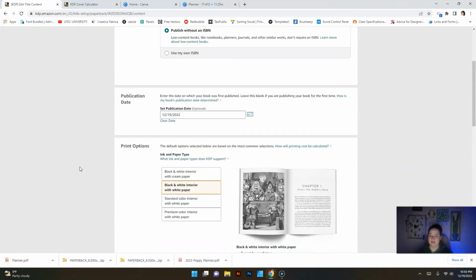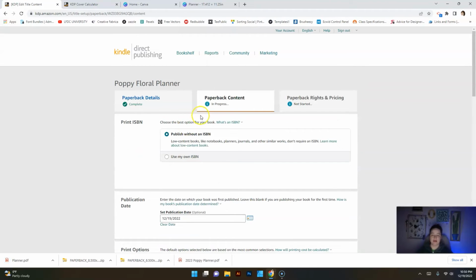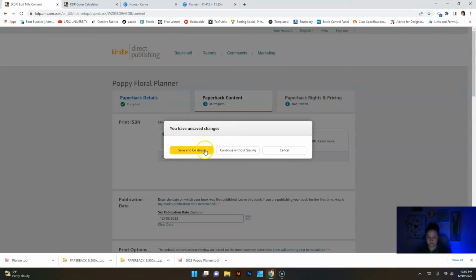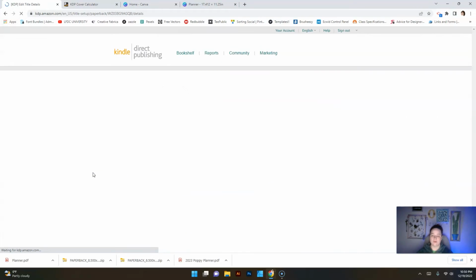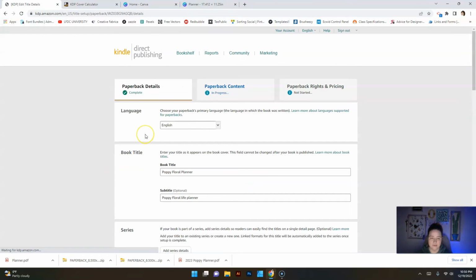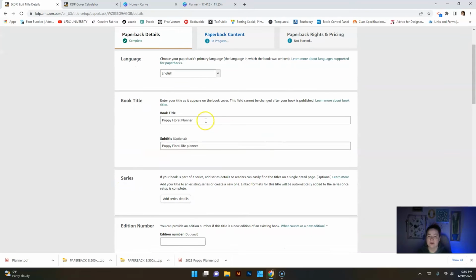Okay, now that we are back over here on KDP, we are going to go to the first page and we are going to go through and name it and all of that. Now, I practiced on this a few minutes ago just to make sure I got everything in here correctly. So what we did is we hit English, Poppy Floral Planner, and then for a subtitle, Poppy Floral Life